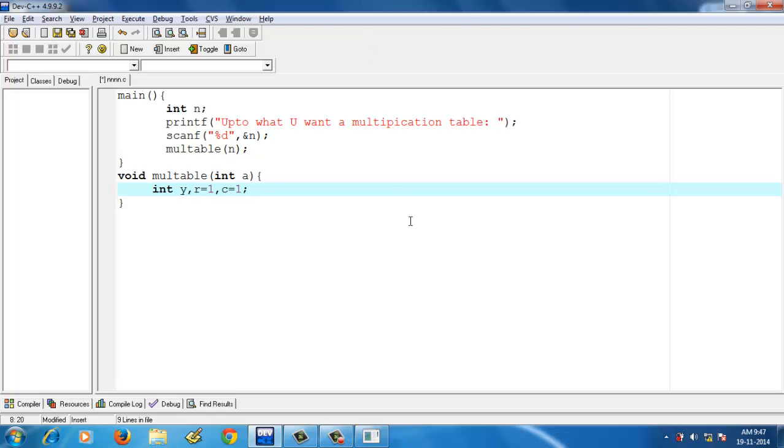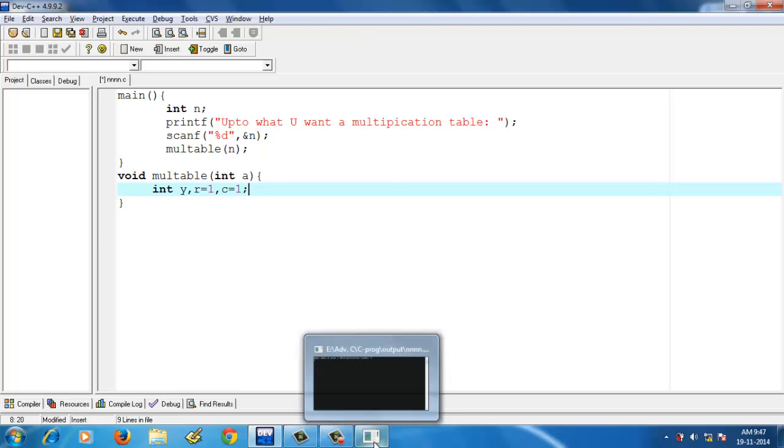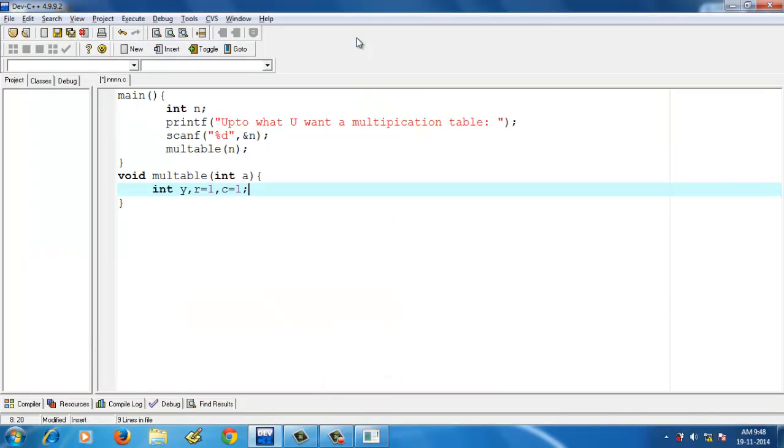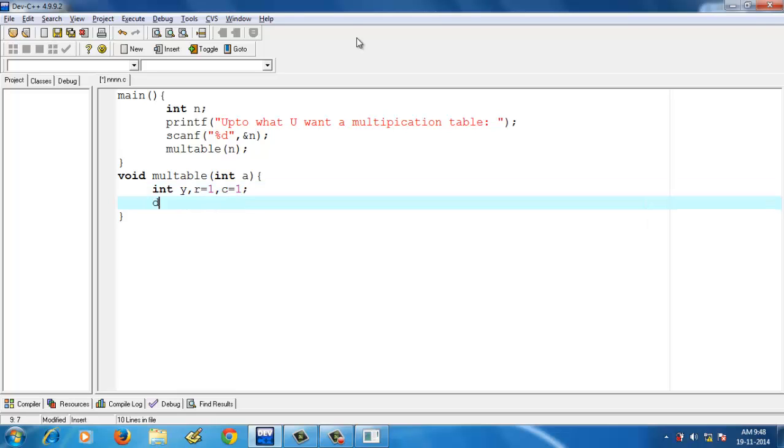Here I need the do while loop, because in a do while loop, it checks the condition when you want to leave the loop, and before that it prints the code which needs to be printed on the output screen before it checks any condition. So we use two do while loops here, one for row increment and another for column increment. First I take the loop for row increment, r less than or equal to a or not. First it checks.